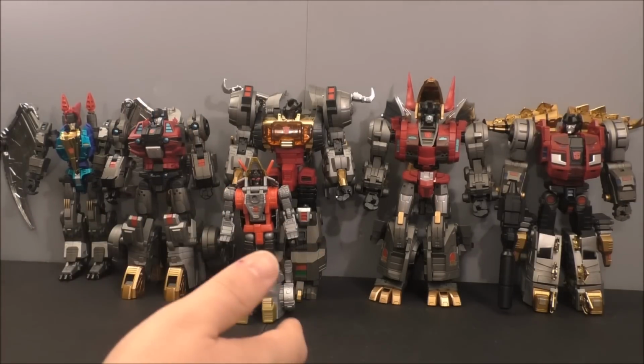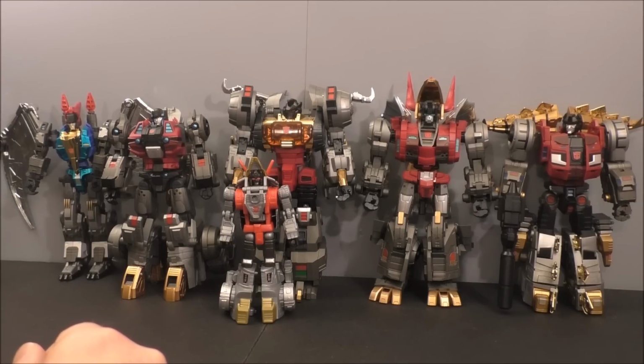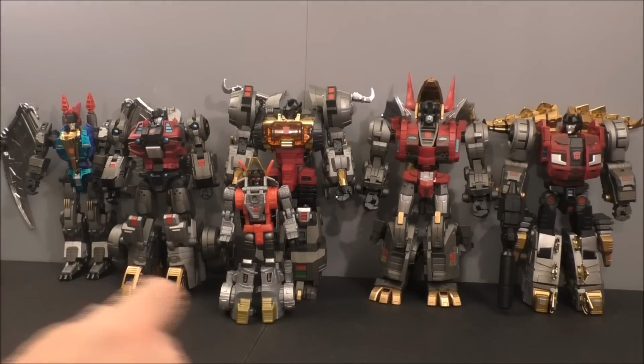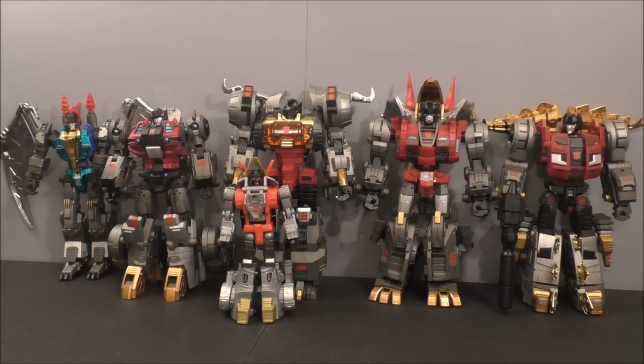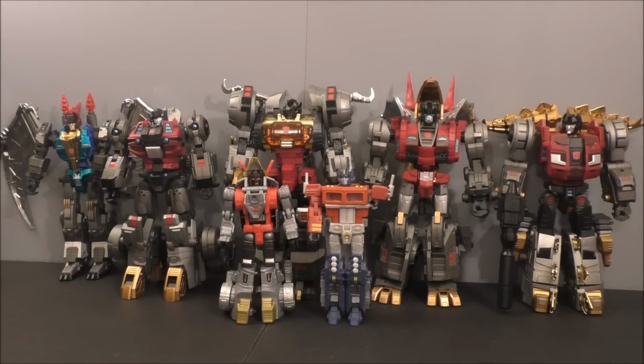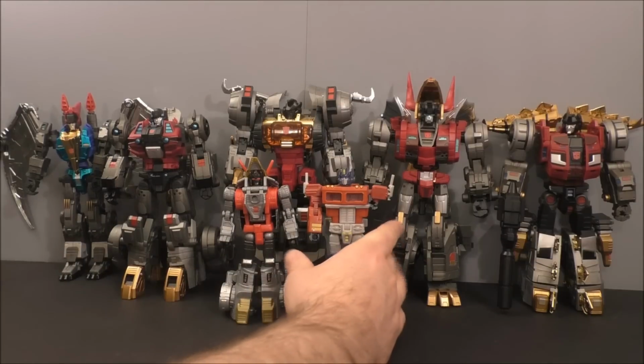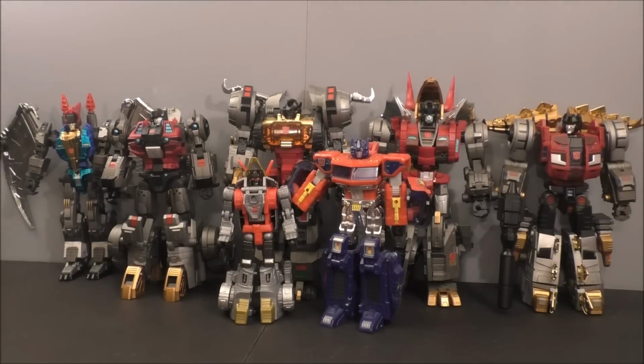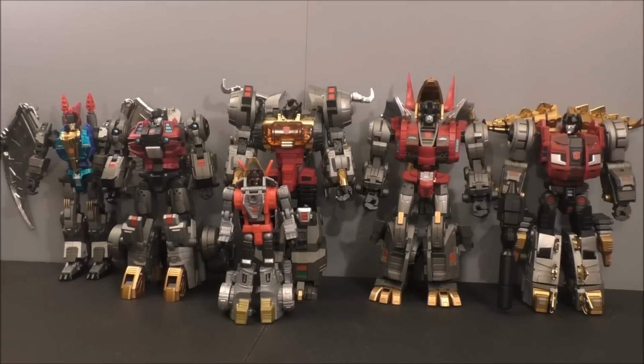It's a fun, quick changer. But if you're looking for something that scales with anything, this is not it. He does not scale with the Chug collection at all. Just to point that out, here they are with the Deluxe Prime, who is taller than him. So if you're going for a really small Chug scale, that might work. But here he is with the Voyager Prime. That won't work for me. I can't make that work. But anyway,